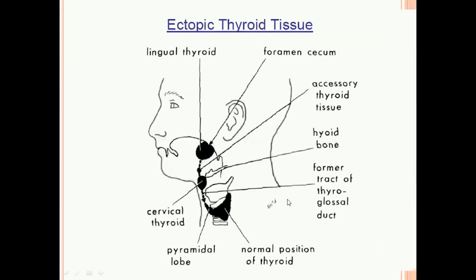Basically, if the thyroid gland is not present in its normal position, if it is present in the neck or at the level of the tongue itself, we call it an ectopic thyroid gland. This is because improper development and improper transition of its place from the tongue to the neck leads to ectopic thyroid tissue, which requires surgical intervention in order to reposition it. This can also happen because of congenital anomalies and defects.